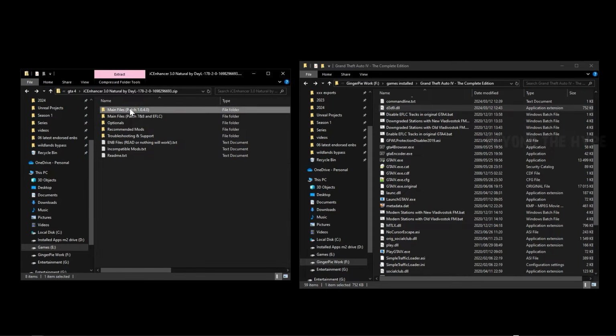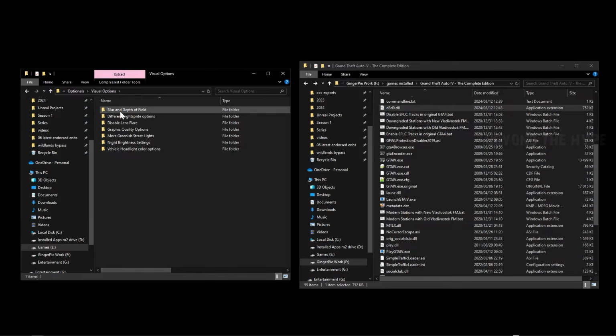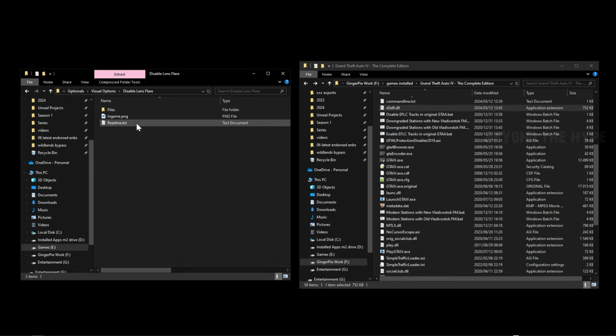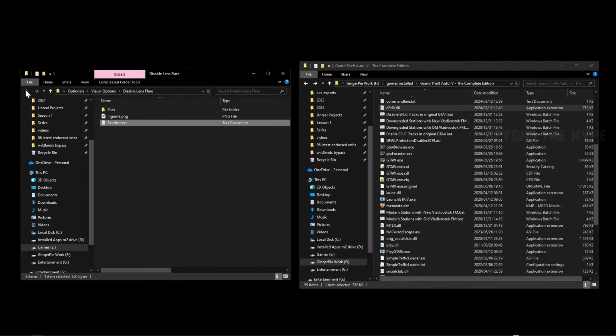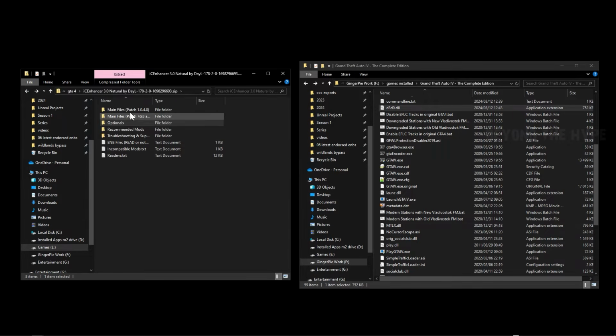So we're going to use the main files, but there's also optional files. So this is for improvements, miscellaneous, visual effects. If you go into it, you'll see the blur and the depth of field. So it'll explain different things. Most of them are just readmes with links to the mods for it, like disable lens flare. This actually has the file itself. So, and it will explain how to install it. We'll go through some of them, but for now, let's just install